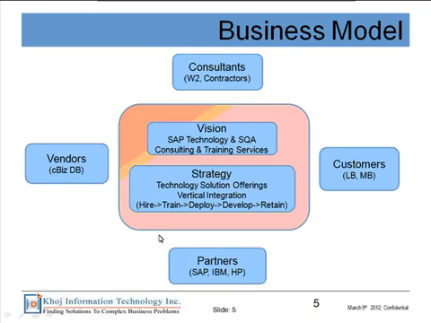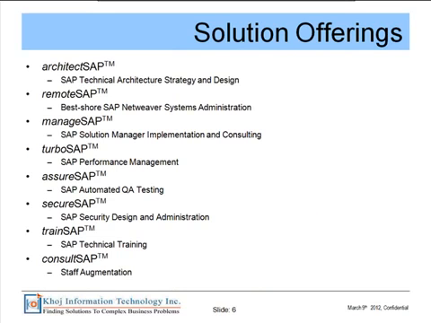Partnerships we talked about, those are key, right? Those are the underpinning of what we do. SAP, AWS, IBM, HP, and then customers, right? Large businesses and medium businesses. That's where SAP's focus has been in the past, on large businesses, and more recently on medium-sized businesses, and that's where we focus as well.